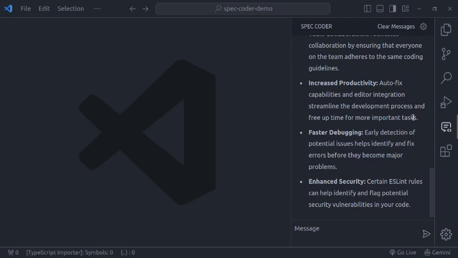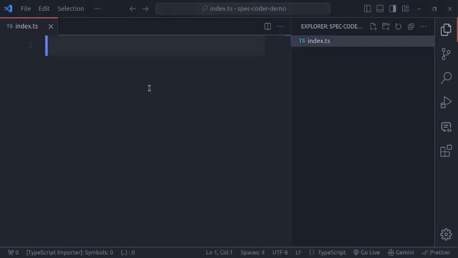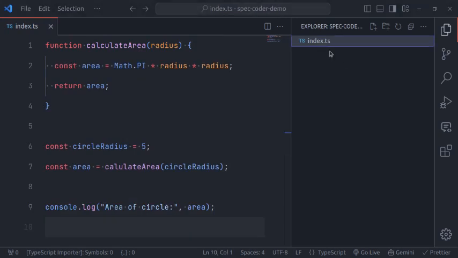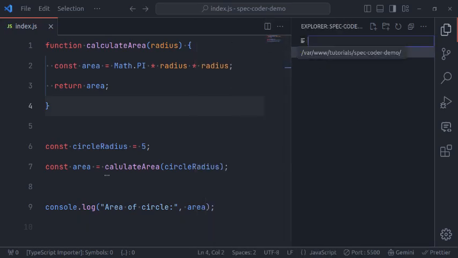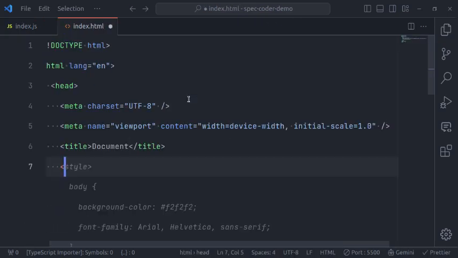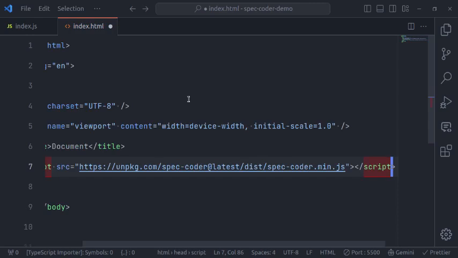Let's suppose first let's open the index.ts file, and let's suppose here we have this code, and let's rename this file to index.js. Next, here need to create index.html. Let's add HTML5 markup, and let's add a script tag, and immediately you can see it has suggested the code. Let's press tab to accept this, and here I will say